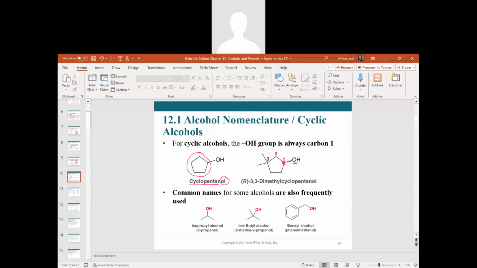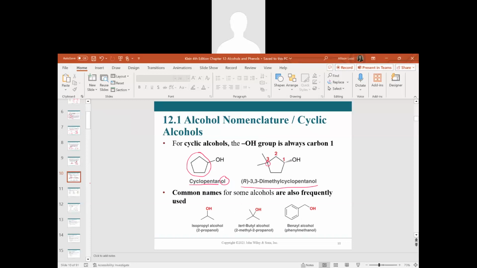Our OH is our highest priority functional group, that oxygen there. So if we did our prioritization, it would look like we're S, but we know that this has to be on a wedge because our lowest priority group, our hydrogen, would be on a dash. So that's how we can determine our chiral centers and the stereochemistry of those sites. And then we always have to remember to name any substituents and give locants for those. So this specific compound, the name's given down here as